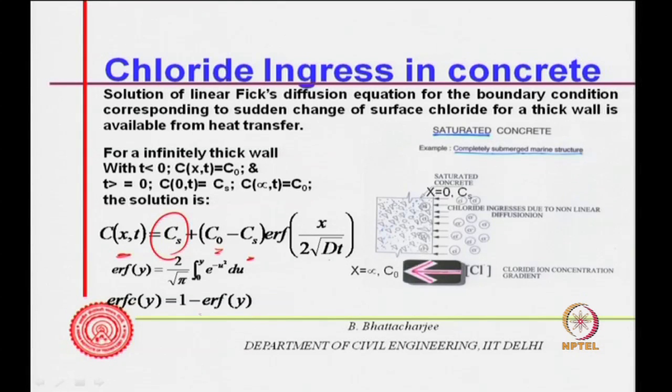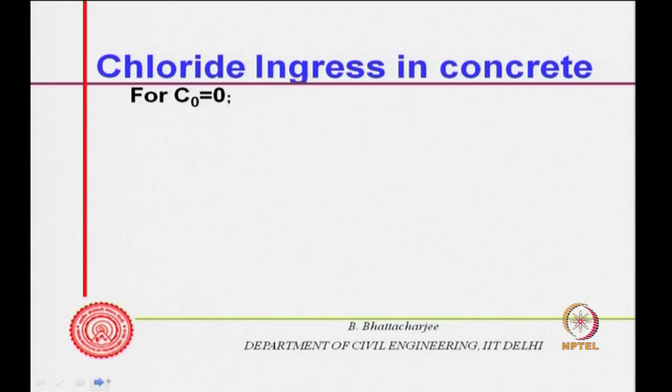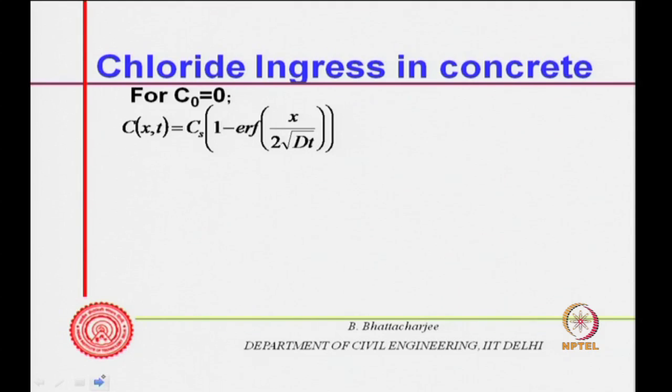And the complementary error function is called 1 minus erf(y). So, this value will vary from 0 to 1, and 1 minus this error function of y is the complementary error function, and you can actually get error function of 0 equals 0, error function of infinity equals 1. So, it varies from 0 to 1, therefore, 1 minus this is called the complementary error function, and one can use this. So, for C0 equals 0, this equation can be written in this manner,